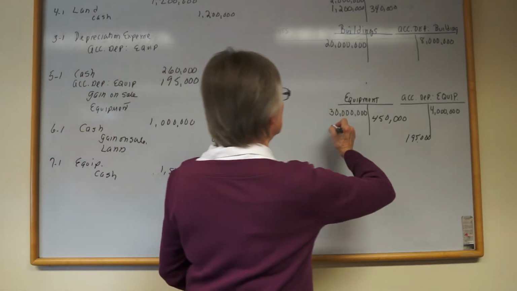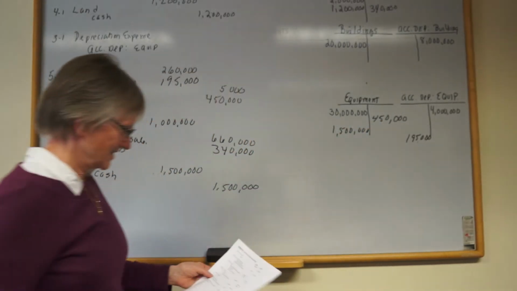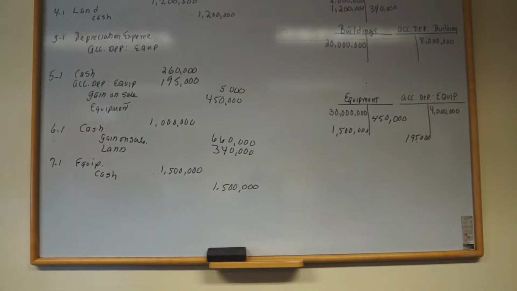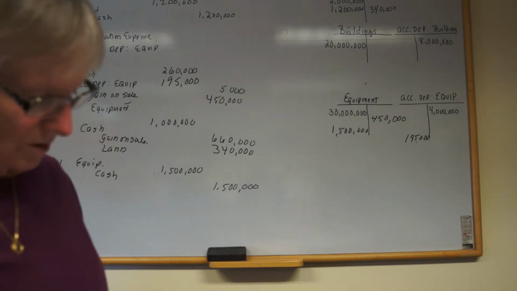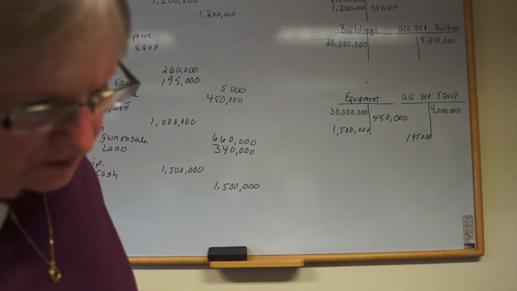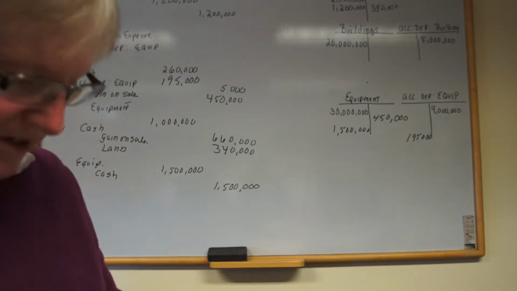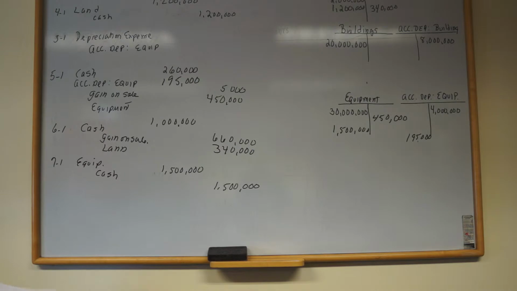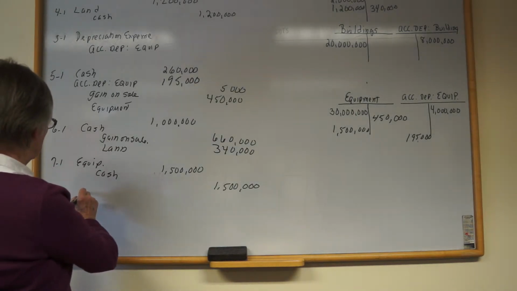Okay, so now we go 1,500,000. All right. And then, so far so good, but now on 12/31, they were asking us to compute the depreciation expense and prepare the adjusting entries. Okay, so we know that on 12/31, we're going to have to go,